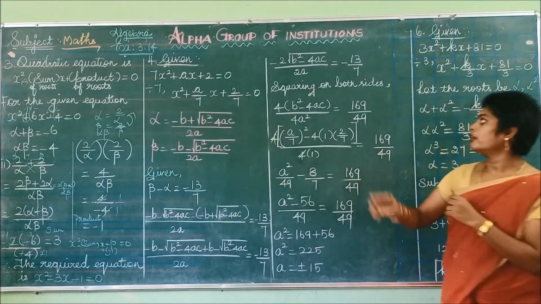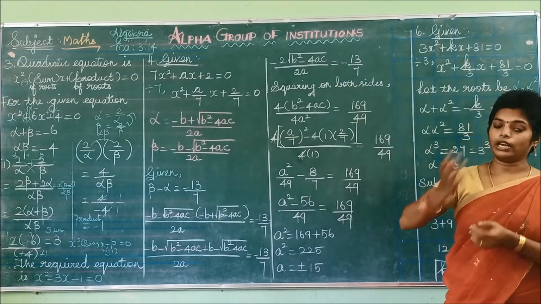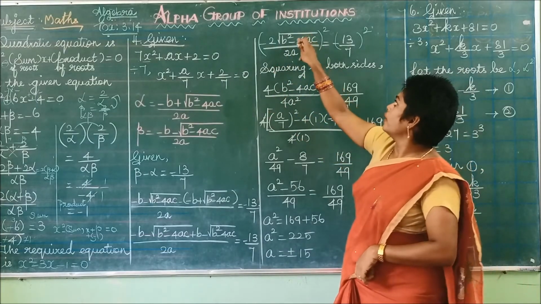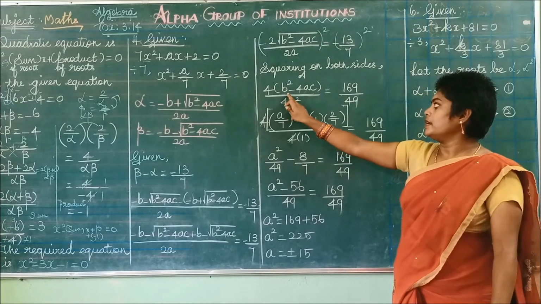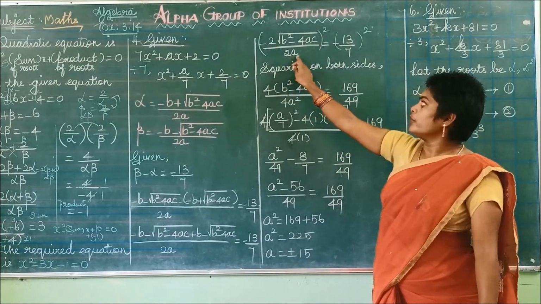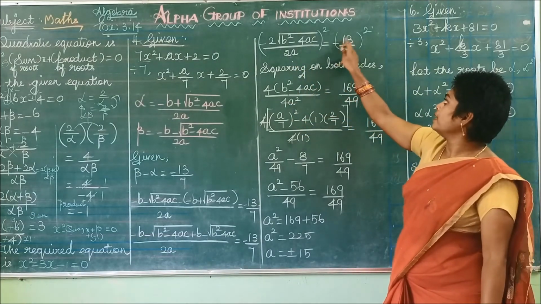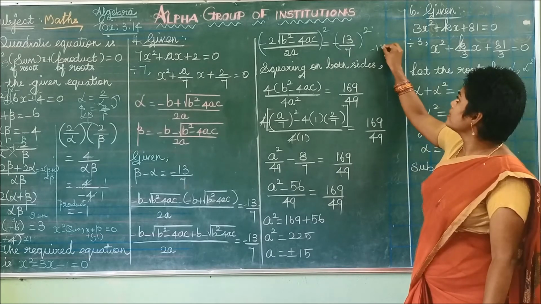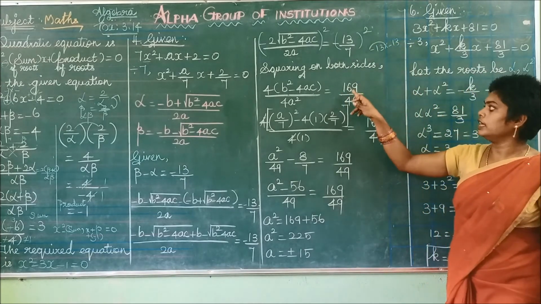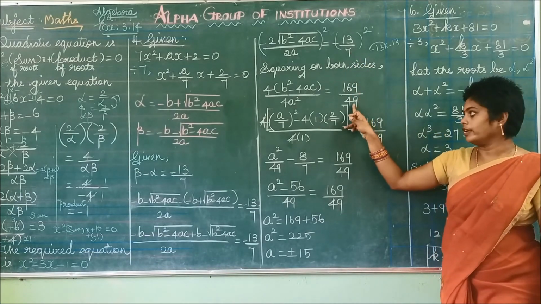So look here. Now for removing the square root, we have to take squaring on both sides. So minus 2 squared is 4. The square root and square get cancelled. B square minus 4ac. To apply this, 2a whole squared is 4a squared, which is equal to minus 13 squared, minus 13 into minus 13. Minus minus gets positive. 13 13s are 169 divided by 7 squared is 49.